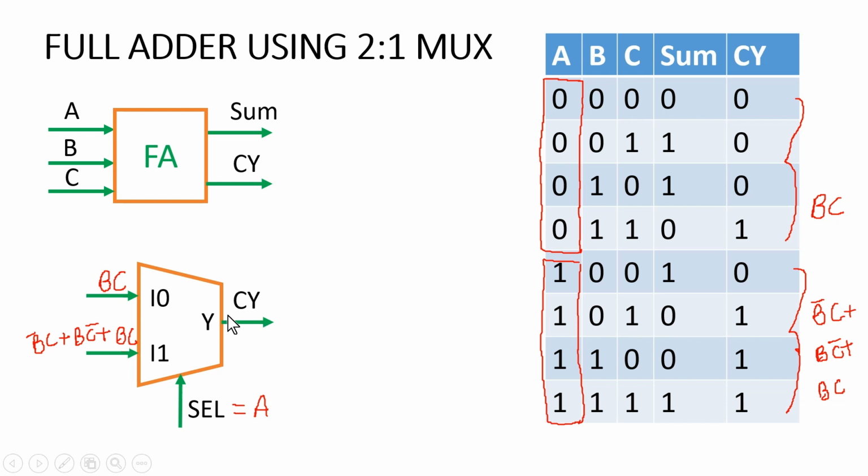Friends, this way we calculate the value of carry, and as these two expressions, BC and this expression of I1, which is B bar C plus BC bar plus BC, are combination logic having two inputs B and C, I have already explained how to implement two-input combination logic with the help of 2:1 multiplexer. So I'm not going to go further in the implementation of these two expressions. I assume that you know it. Now I'm going to explain a few examples with the help of 4:1 multiplexer so that you can implement any combination logic with the help of 4:1 multiplexer also.